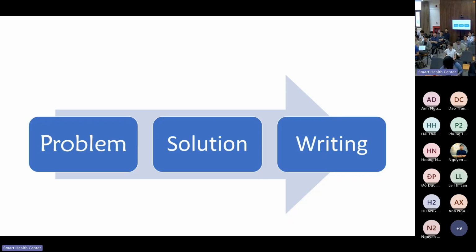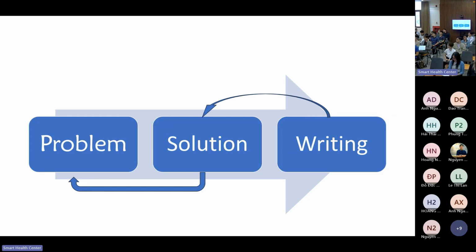When you write a paper, a traditional way is that you have a problem definition. Somebody defines it for you, or you devise it by yourself, and then you sit there day and night to develop your solution, and then you write the paper. That's a typical process, right? And sometimes it goes the other way. You write some paper with a nice solution, and you come up with some variant. You say, I can make up this variant, and this solution can solve my variant. And sometimes when you write the paper and you find something wrong, you need to go back to conduct the research, and it goes vice versa.